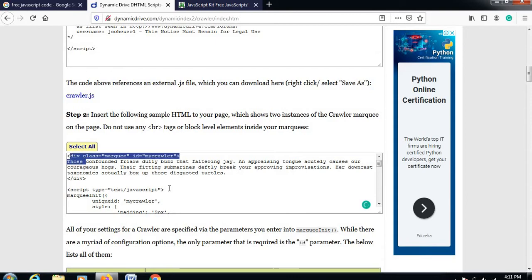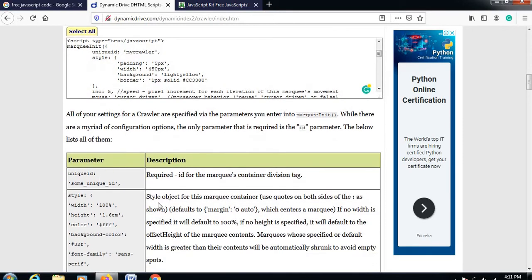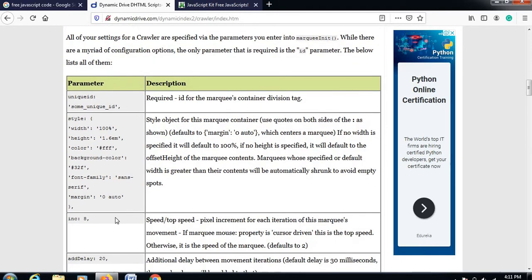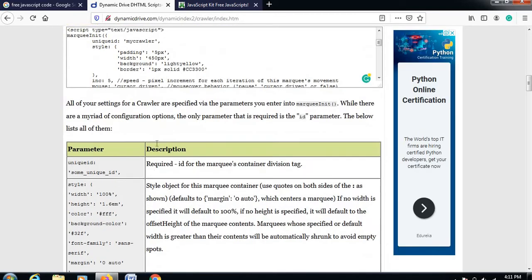Just insert this text in the body part, and after inserting, if you want to change the parameters, like the speed, all of your settings for the crawler are specified by the parameters you want to enter. While there are a number of parameters used, if you want to change the speed, or the height and width of images or text, you can do that.